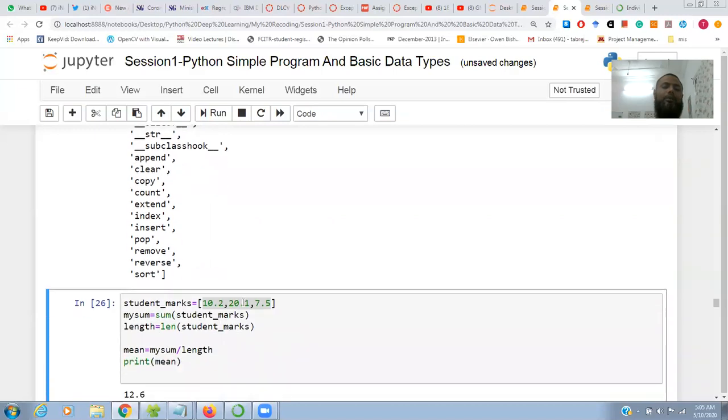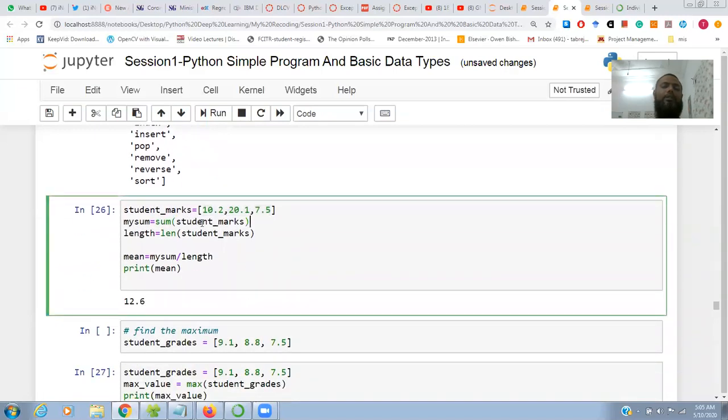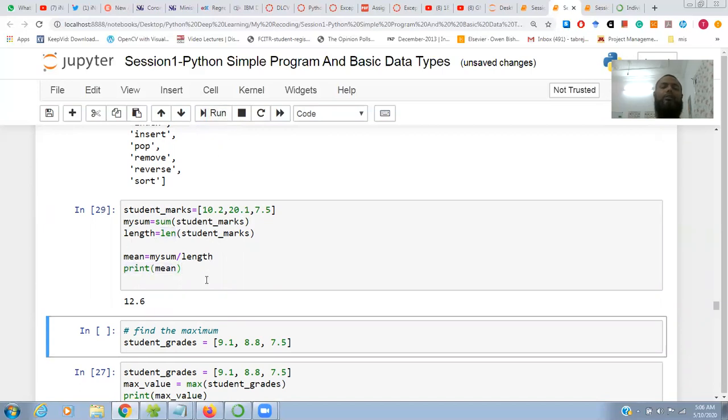So what I am going to do, I first add all the marks, so I use the sum function. Second, I find the length, 1, 2, 3. Finally I divide the sum by the length, then we will get the mean. If you run this code, you'll see 12.6.